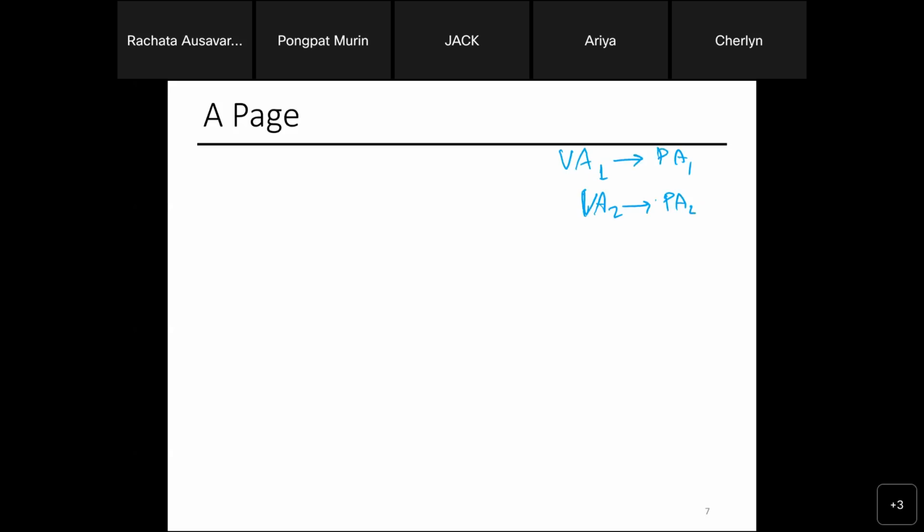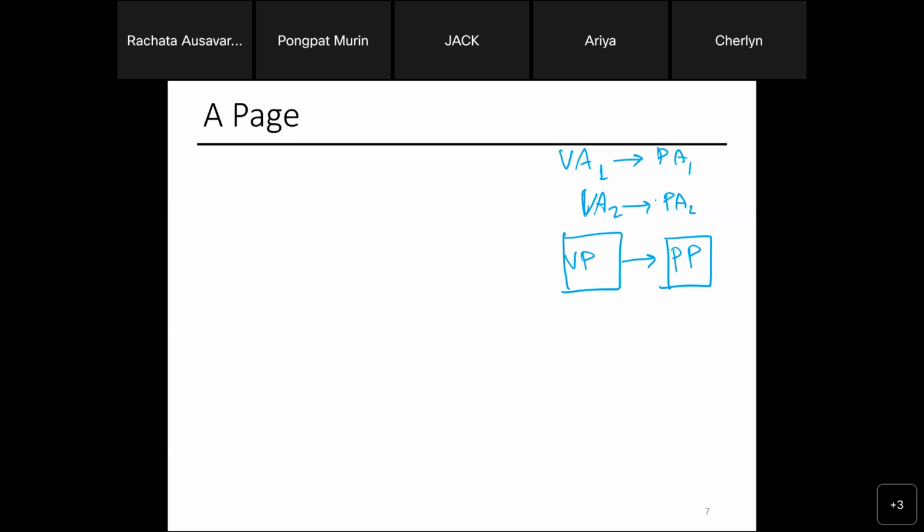The problem is if I manage it at the address level, which basically means that every single byte has their physical mapping that can go anywhere. That will be really hard to manage because how many bytes you have in DRAM? It's a lot, right? To simplify the management, you will basically have this. I have the virtual page that maps to a physical page. So anything that goes into that page will go into that particular physical page, and this is one contiguous block